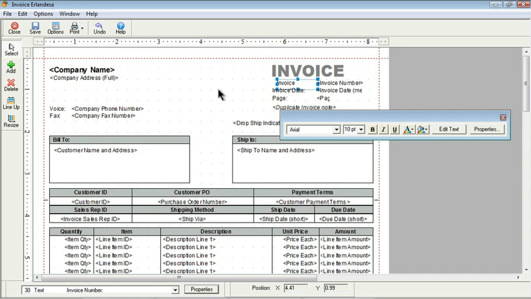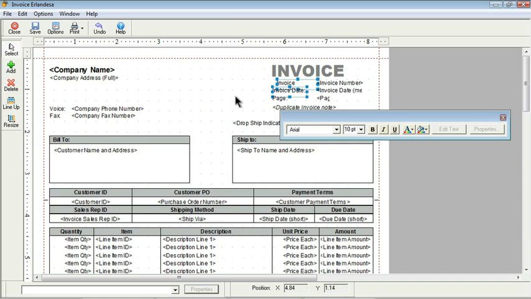The main reason I wanted to do this, though, was not just to show you a keyboard shortcut, but to show you that you have some alignment tools. I can't tell you how many times I've watched people honestly spend hours trying to nudge things back and forth and up and down, or to use their mouse to do it, and there's a faster way. If I have this label, which is now a little bit off to the right, and I also hold my Shift key and select Invoice Date, which is aligned where I want it to be,